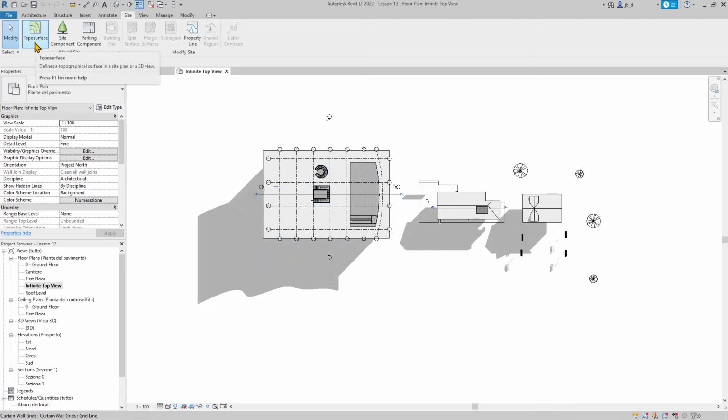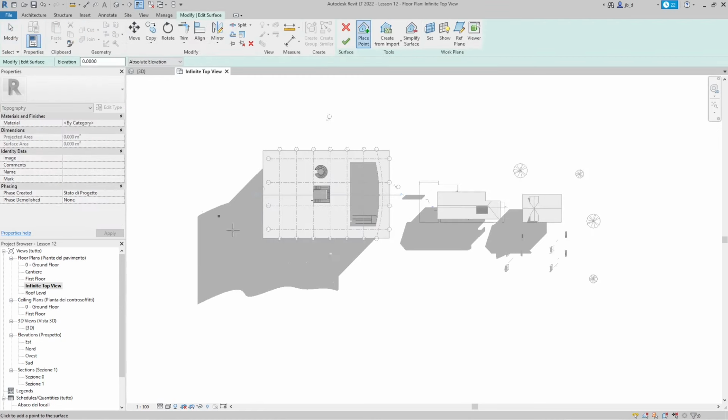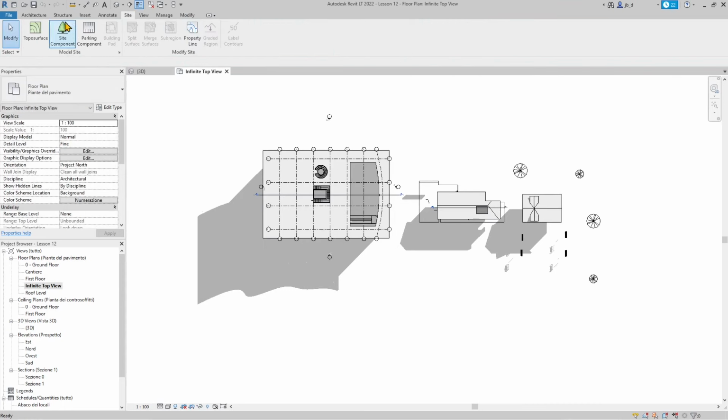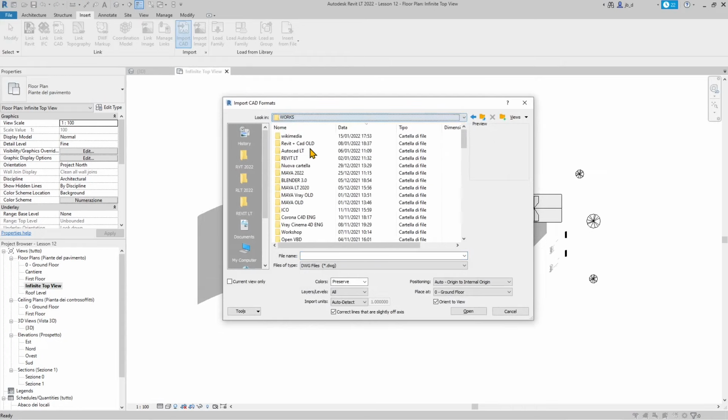And here I'm going to go to Toposurface in the side panel right now. And now, well, actually I don't have the import yet. So before we get here, we need to import. So we're gonna go to Insert. You can link CAD or you can import CAD. In this case, we're gonna import, and I'm gonna navigate into the folder where I actually have my